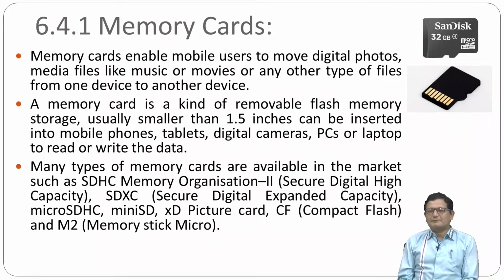Usually when we are buying a mobile phone, the mobile phone comes with a limited amount of memory, for example, 64 GB. Now suppose you want to expand the memory up to 256 GB, then what do you have to do? The mobile phone companies provide a small slot. You need to buy this type of memory card. It's a very thin, small chip, and you just insert it into your mobile phone, and your mobile phone's secondary memory capacity gets increased.